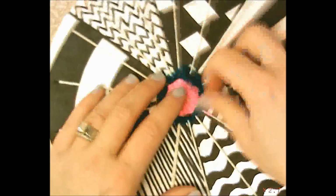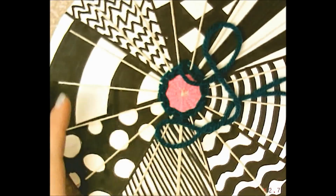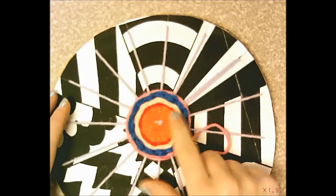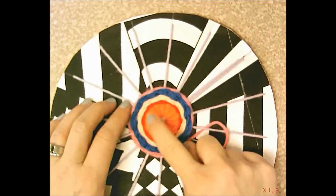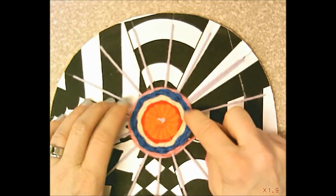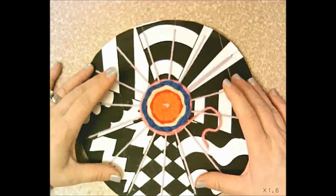So you're going to keep going around and around. When you get to the end of this string, you tie a new string on. As you start to work your way around the outside, out towards the edges, it's going to get bigger. And so you can see I had a lot of orange, just a little bit of red, a little bit of the salmon color, some more blue, as you work your way out towards the edge of the circle,